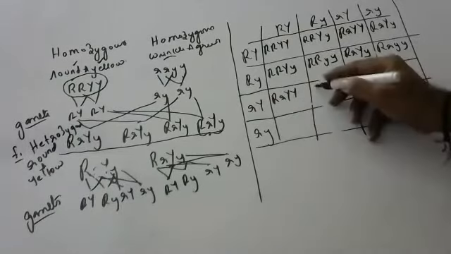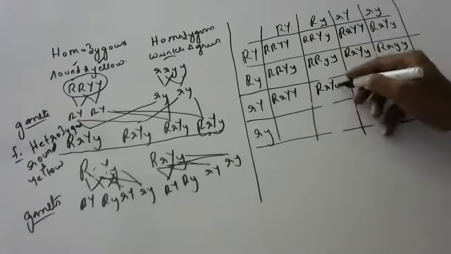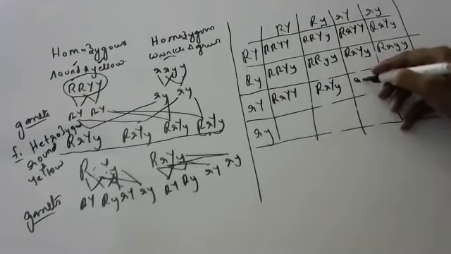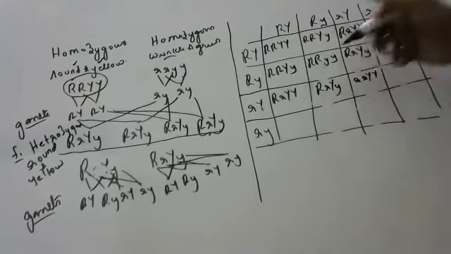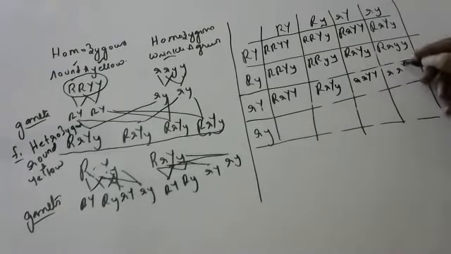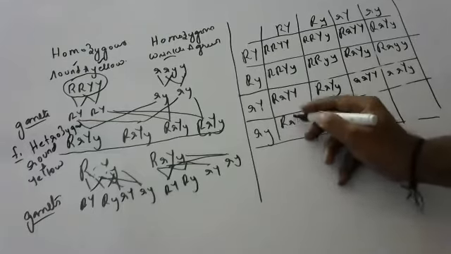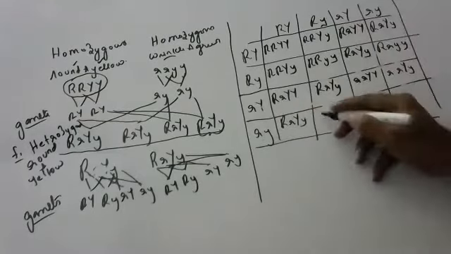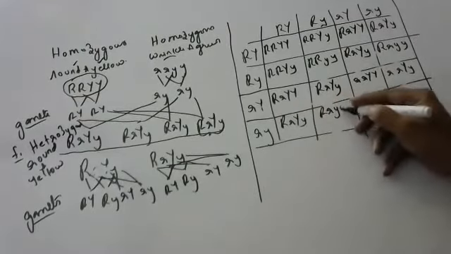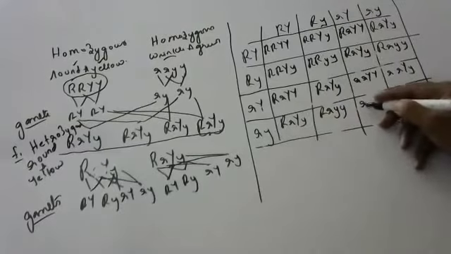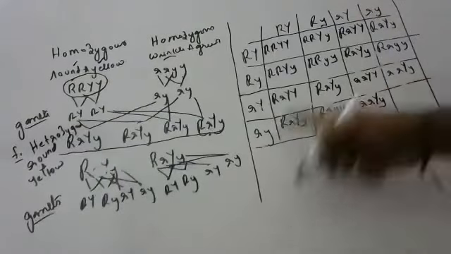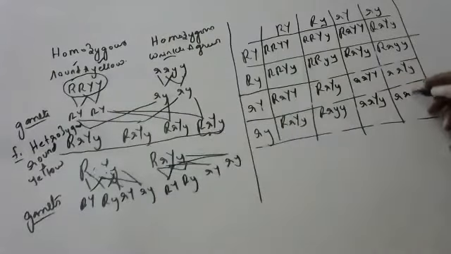These both, if you cross, bigger, smaller, big Y, small y. These both smaller, smaller, big Y, big Y. These both smaller, smaller, big Y, small y. These both bigger, smaller, big Y, small y. These both bigger, smaller, small y, small y. These both smaller, smaller, big Y, small y. These both smaller, smaller, small y, small y.